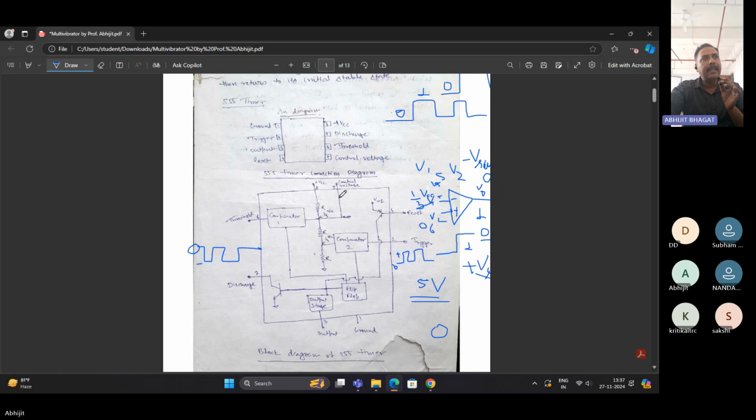ठीक है. कंट्रोल वोल्टेज क्या है, यहाँ का वोल्टेज कंट्रोल कर रहा है, यहाँ का वोल्टेज चेंज करने में हेल्प कर रहा है. और अगर यहाँ का वोल्टेज चेंज हो जाएगा तो तुम्हारा आउटपुट भी चेंज हो जाएगा, कंपैरेटर 1 का आउटपुट चेंज हो जाएगा. ठीक है. जस्ट नो अप टू दिस. ओके,